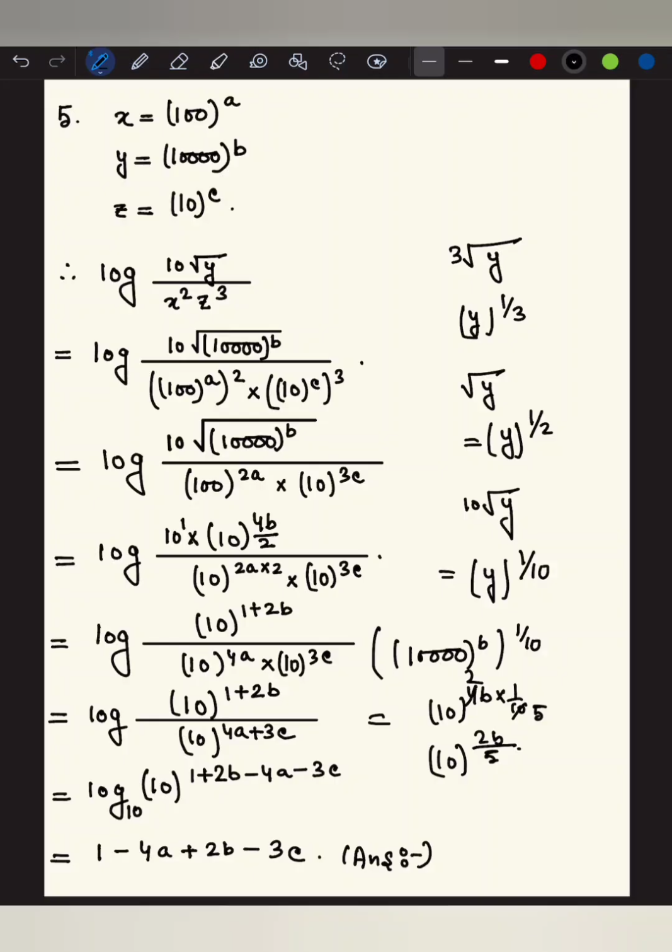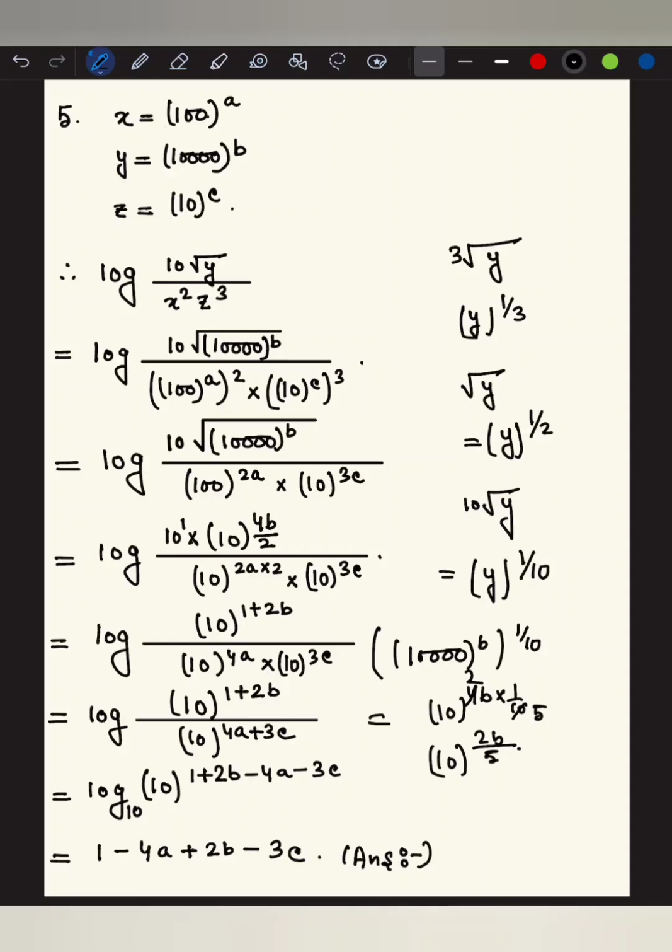Okay, so let's come to sum number 5. Here we are given the values of x equals 100 to the power a, y equals 10,000 to the power b, and z equals 10 to the power c. And we are asked to express log 10 into root y by x square into z cube in terms of a, b and c. So first of all, what we have done here is that we have substituted the value of x, y and z